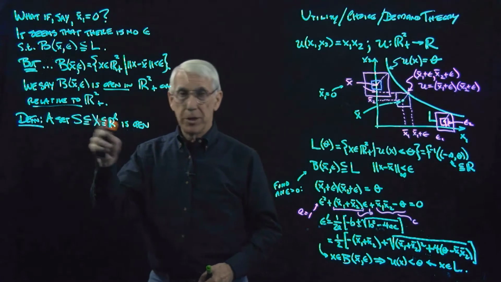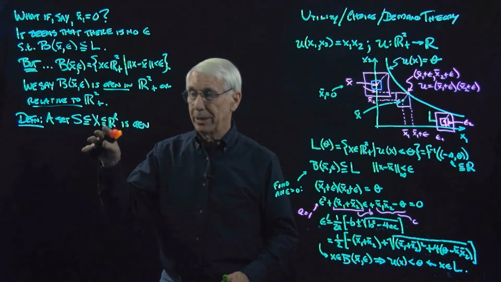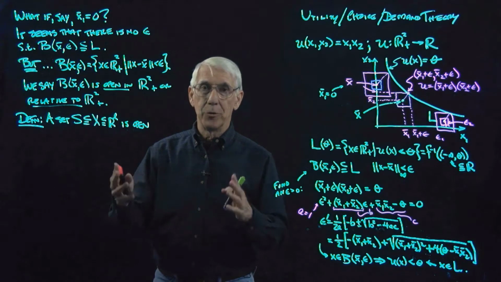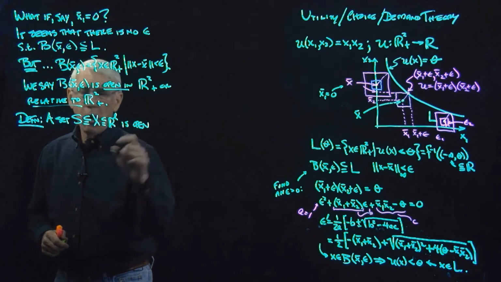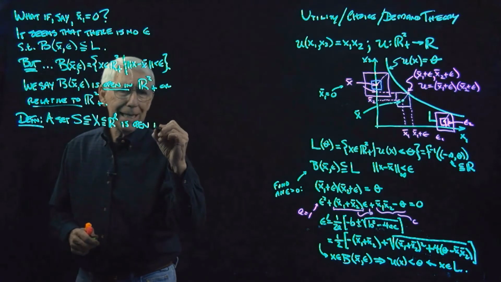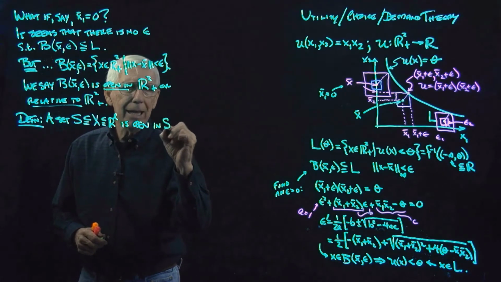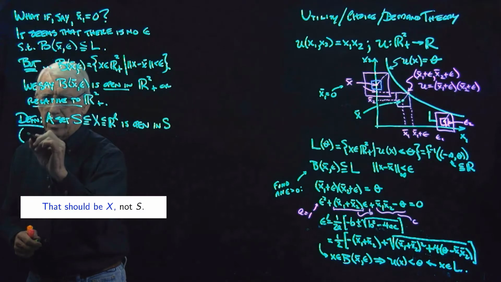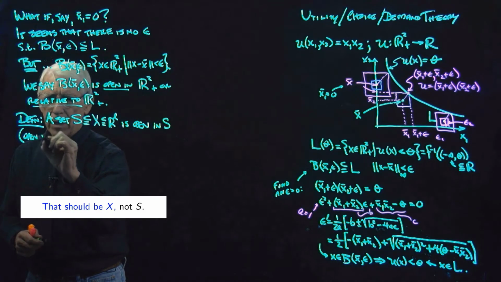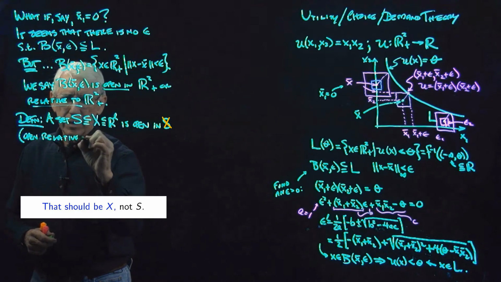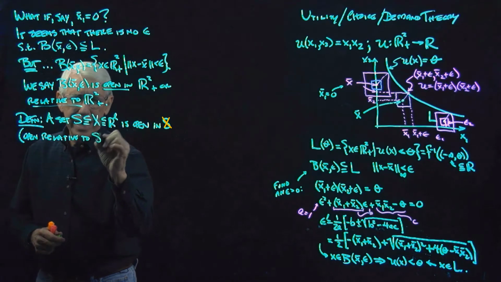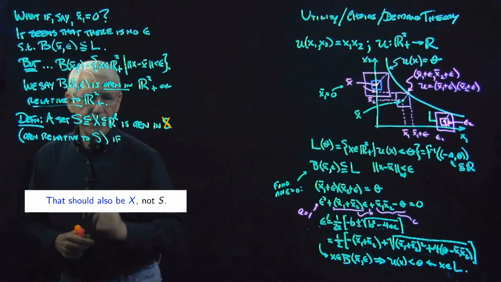Although this definition works if we're using a set X for other reasons than the domain of a function. So a set is open in X, or open relative to X, if